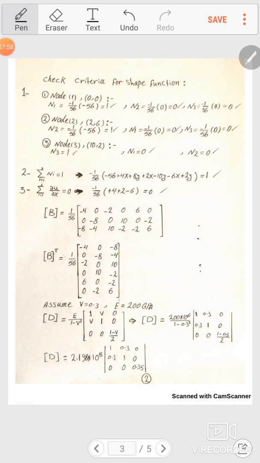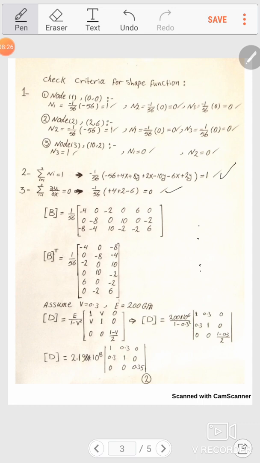Point number 3 is that the summation of the shape functions is 1. So already I did the summation, we got 1. And the last point is that the summation of the derivatives of the shape functions is 0. You can derive on x and on y, so I got also 0. After that, work on